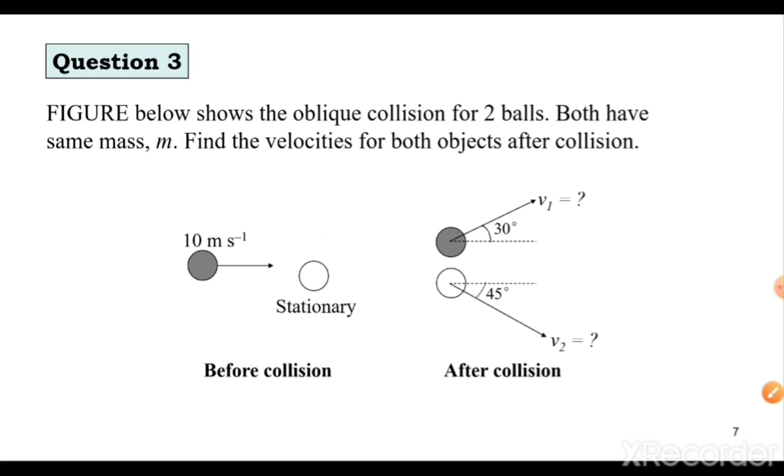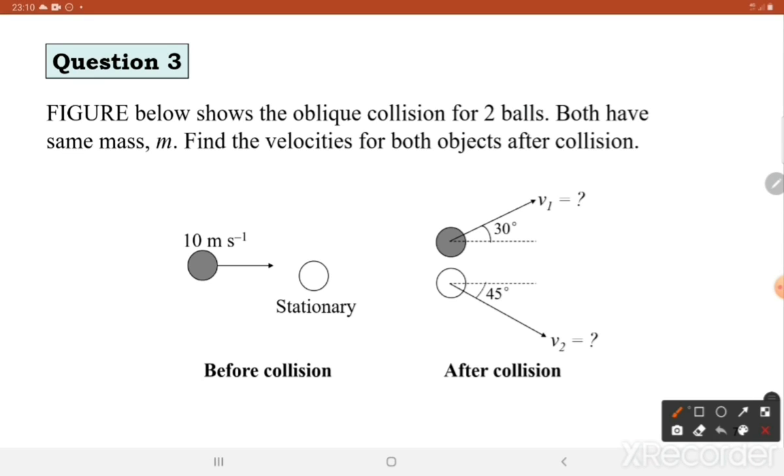Question 3. The figure below shows the oblique collision for two balls. Both have the same mass m. Find the velocity for both objects after collision. So this one is also an example of oblique collision. So by referring to this diagram,